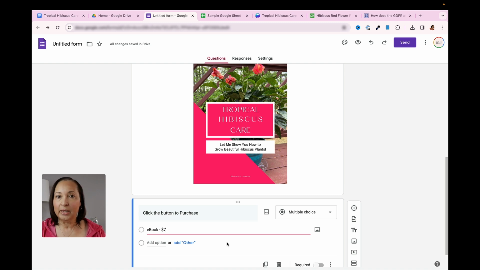Okay, now here's the thing I want you to be aware of. Even though I could put in additional options, what I find is that because of the way that you actually have to provide a link to someone, it is difficult to sell more than one product type on a single page. So if you wanted to sell a different version of this, you really would need to create an additional form that would be specific to that additional product. So that is one of the limitations here.